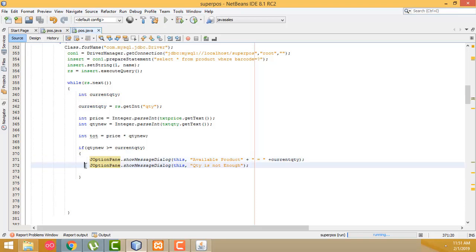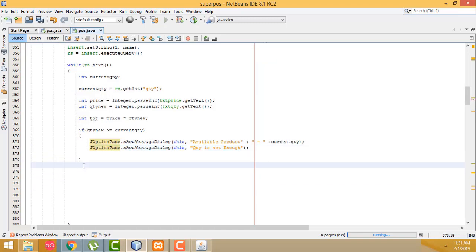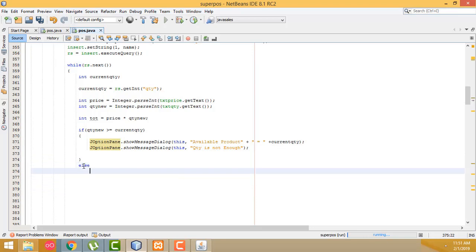Okay, the program works line by line. First it shows this one, after that it shows here, right? After that, if these two things are okay, the user will be able to add the data into the database JTable. So